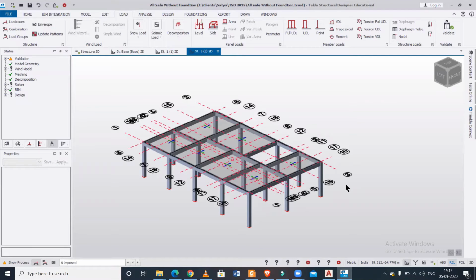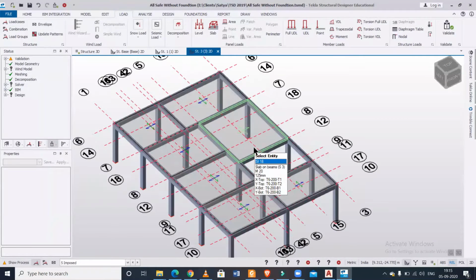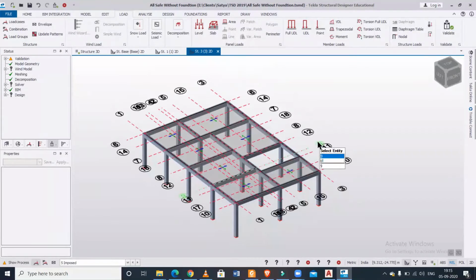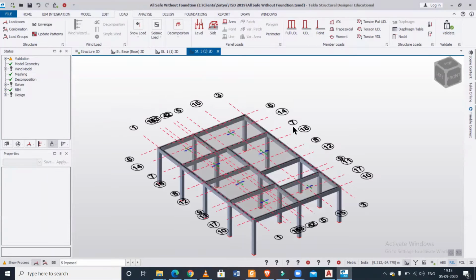In this particular video, we'll explore some of the loading options, particularly on the panels, and we'll also see how to create an opening in a slab and how to apply loads around the perimeter of the slabs. So without wasting any time, let's get started. These loading features can be very useful.